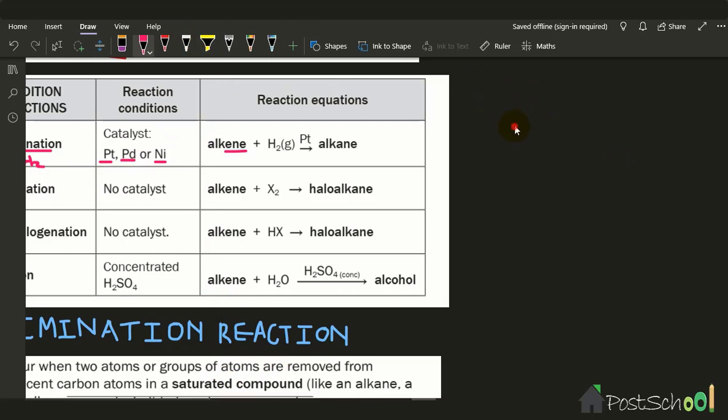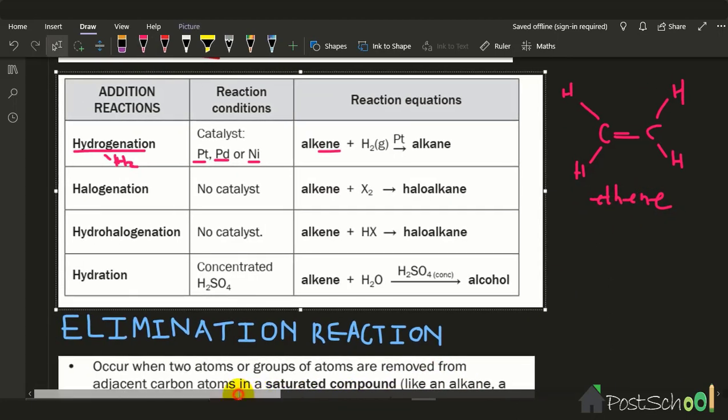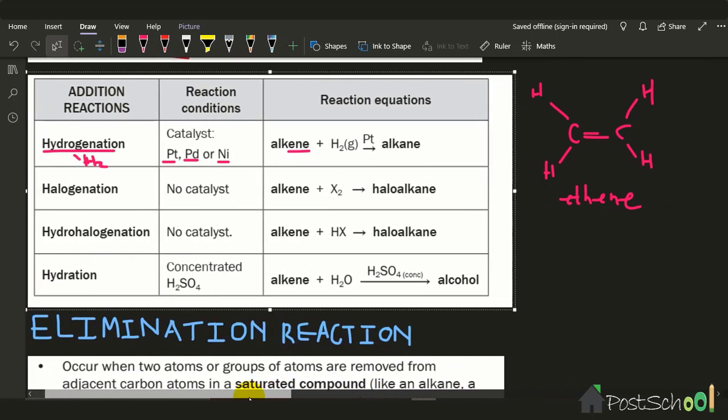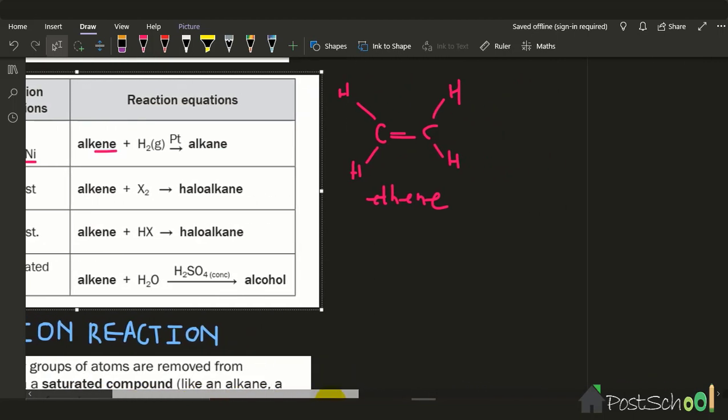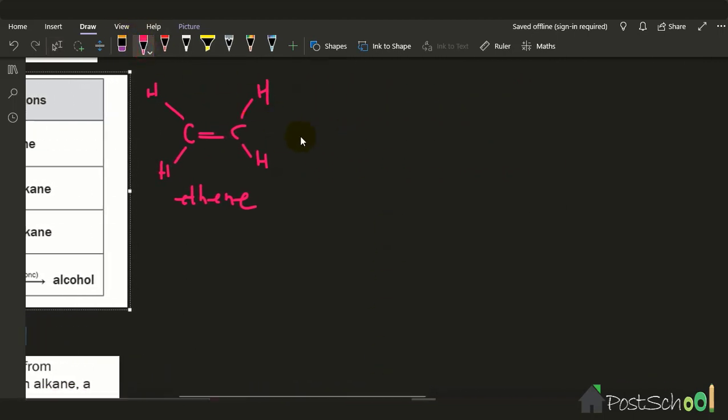So we can do an example involving a double bond or a triple bond. Here is ethene, this is the alkene, and it will be combined with hydrogen because this is hydrogenation, the addition of hydrogen. Plus H2, or let me write hydrogen in this form.